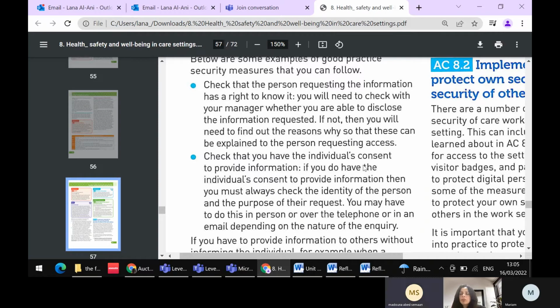Is this person being booked in? Do they know who he is and why he is here? And also you need to check with your client. Does he give consent? Does he have any information about this person? All this information is needed. If you have your client's consent, then you can allow them in. Otherwise, if no information is provided and you don't have the consent from your client, you would not allow this person in.